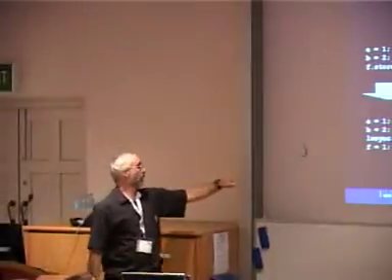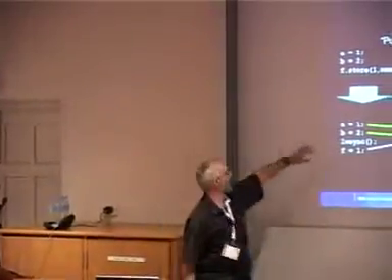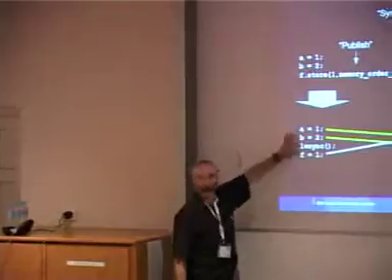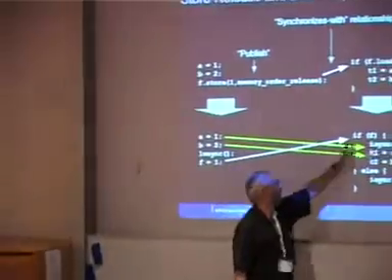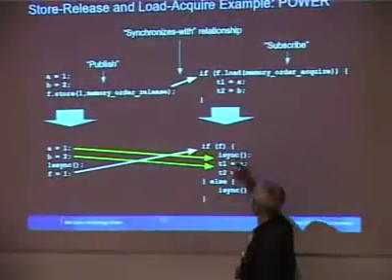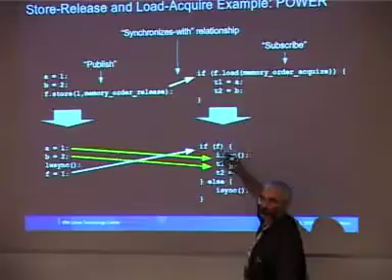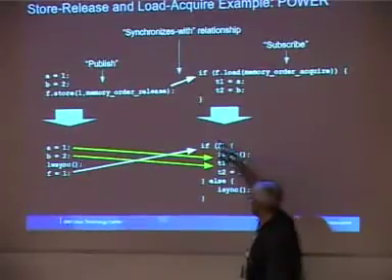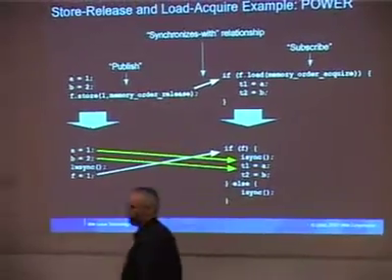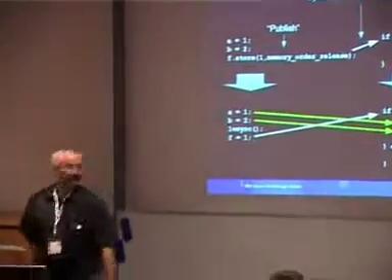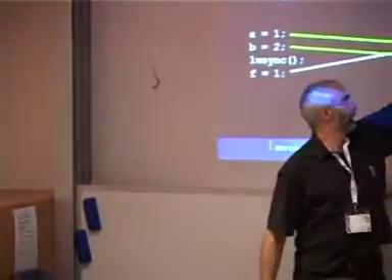And I show how you might do this in Power. You store to A and B, you have an LW sync, a lightweight sync, and then you assign F. On the other side, we check F, and then we do an isync. This is a conditional branch. There's an isync after it, so that means that we have ordering of A and B after this, and the else clause, we can put that for completeness, and we're happy. Similarly, for something like x86, there'd be no memory barriers whatsoever. For something like Itanium, this would be a ST.REL. This would be an LD.ACQ.